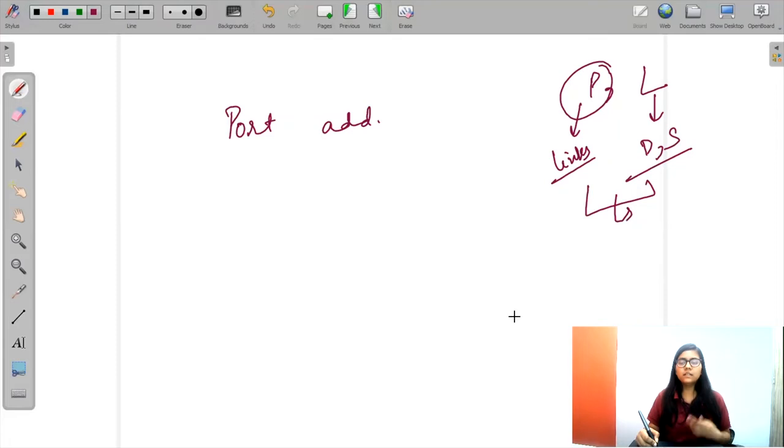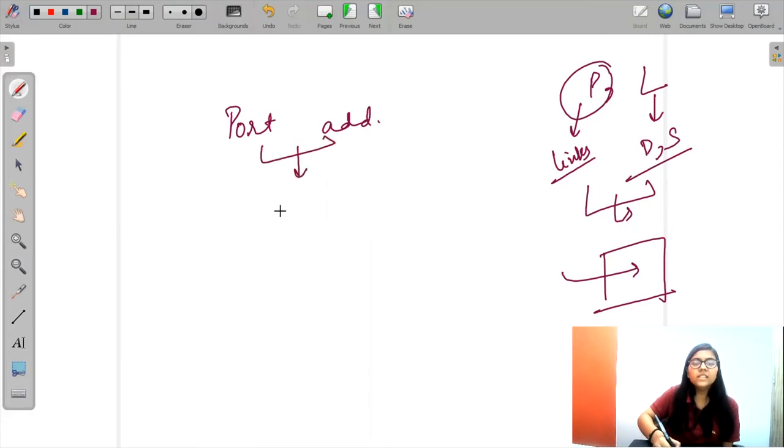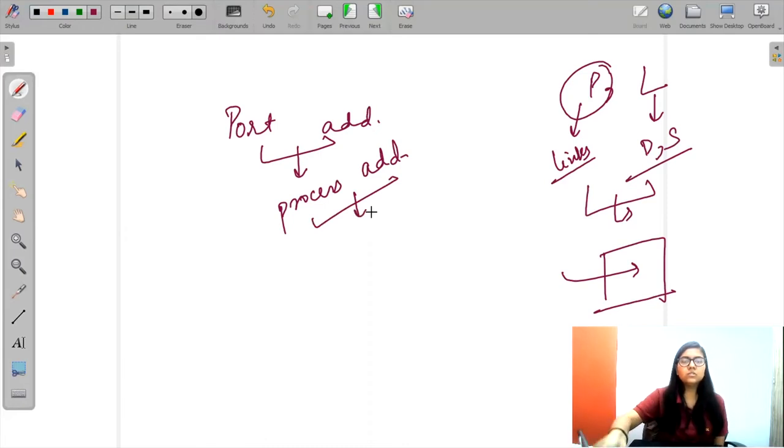But when the data reaches the system, its ultimate goal is to reach a particular process, because in a system there can be multiple processes running at the same time. So with the port address we specify the process address